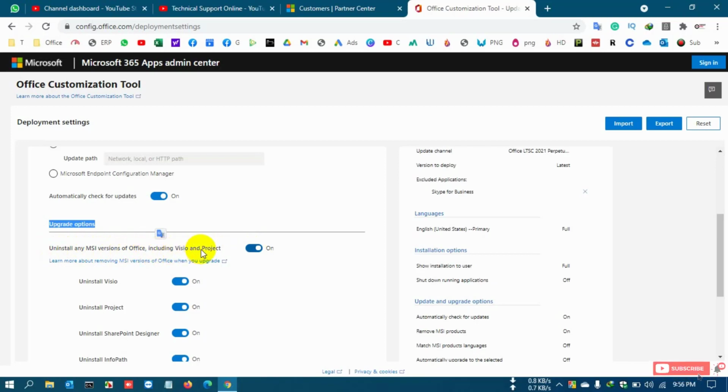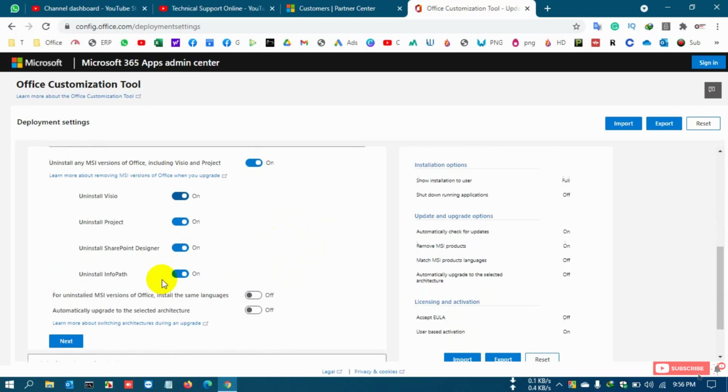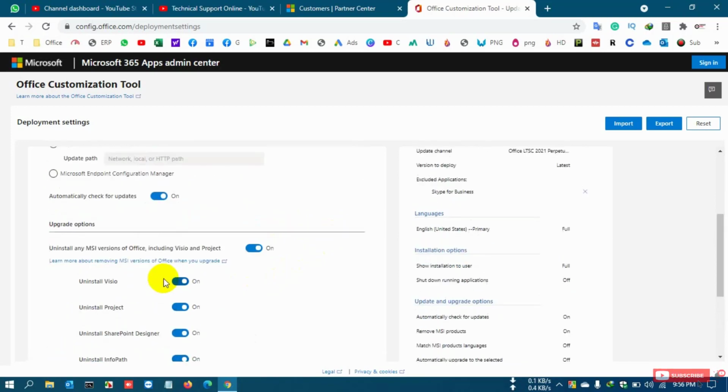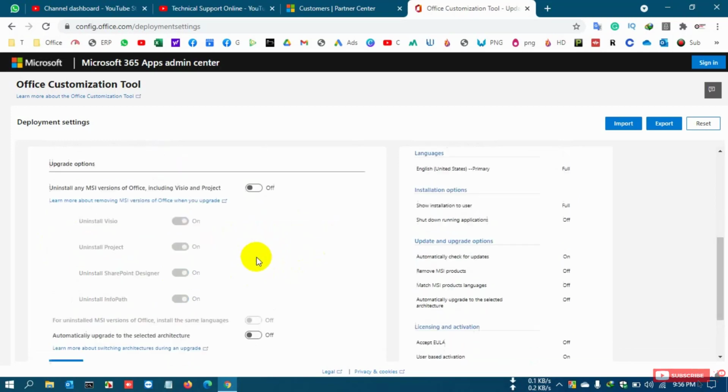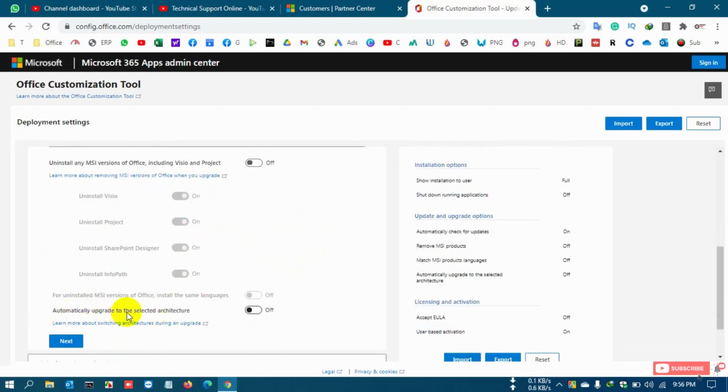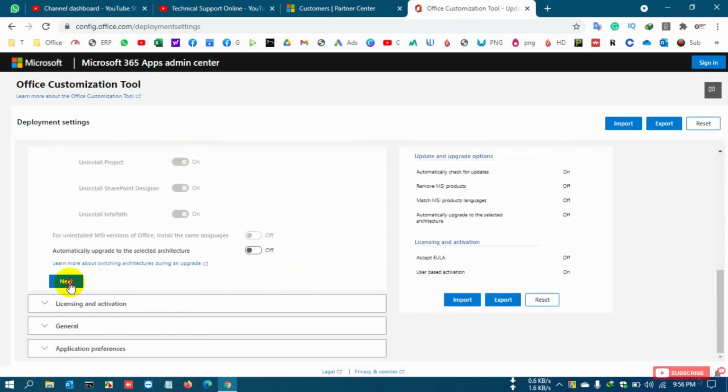When you install the Office 2019 latest version or another version, if you turn on this feature, when you install Office, the previous version is automatically uninstalled and removed from your device. So you remember it and turn off this, and automatically upgrade selected architecture if you want, or off. I just select default and next.